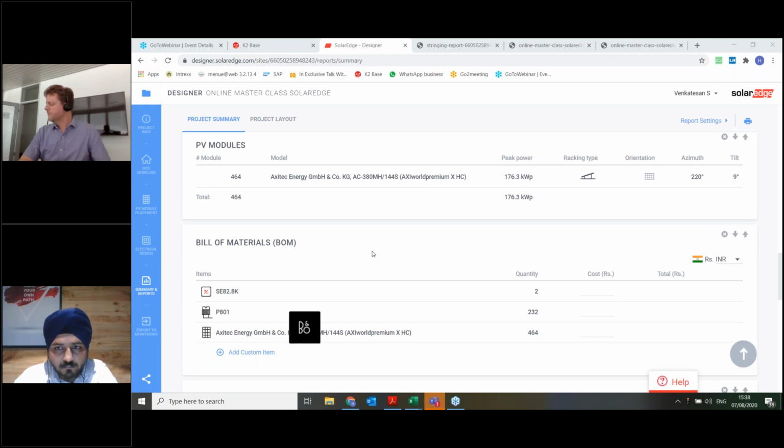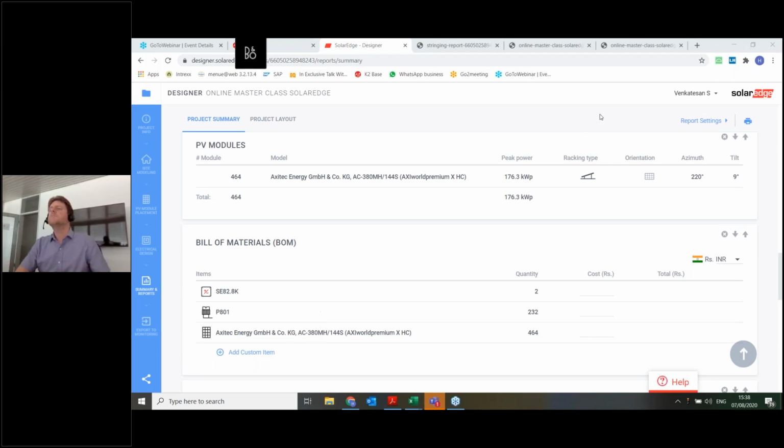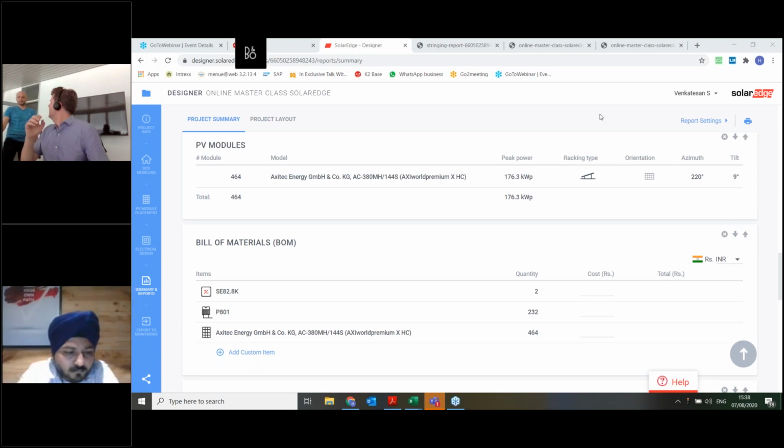In such cases, there are two ways. First, you have to raise the structure so that there will not be any shadow from the other objects, or you have to take very meticulous measurements of all those things. But in such a case, how easy is it to use your software? Because using your software in those cases will be very difficult.